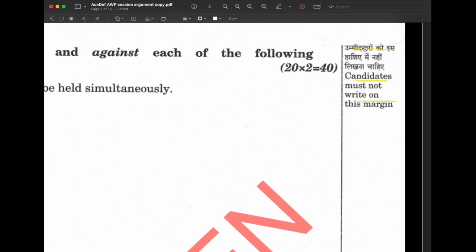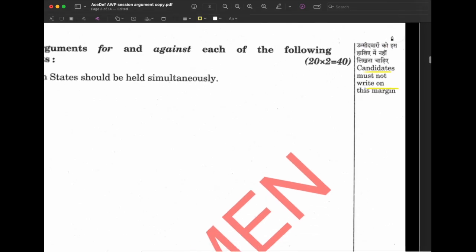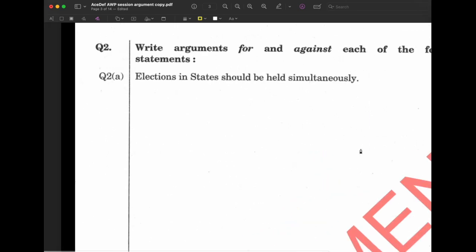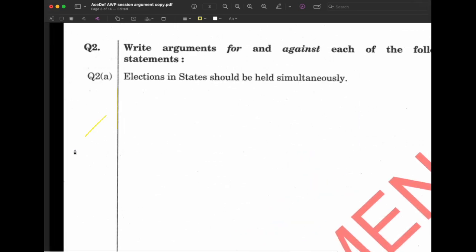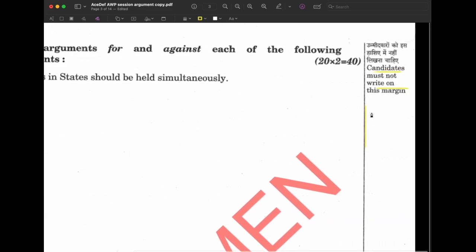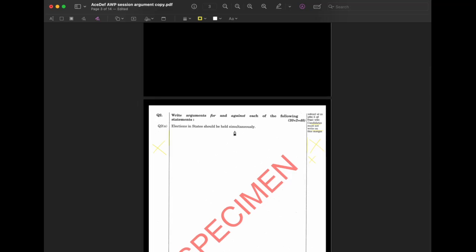उम्मीदवारों को इस हाशिए में नहीं लिखना चाहिए, यानी this line and this line you are not allowed to write in this. आप इस तरफ नहीं आ सकते. If you are writing a word and crossing this here, ये भी अलाउड नहीं है. So you cannot write here, कि you are completing a letter here, ना, that is not allowed. Now